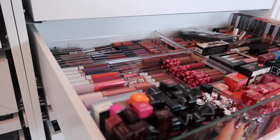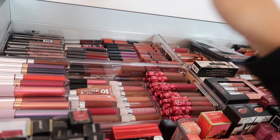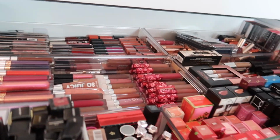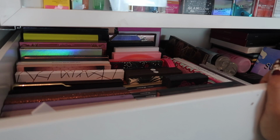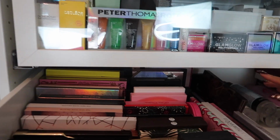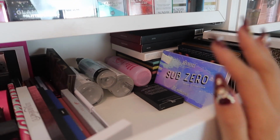So she organised my lip drawer the other day because this was such a mess. This is really handy because she's done it in brand order. She's done all Lime Crime, all Dose of Colors here, so it's super organised. All my pencils are here. I've also moved my palettes from my last room tour. You guys saw that it was in a smaller drawer, but the palettes just kept overflowing, so now it's in a bigger drawer, and I still have room to grow,